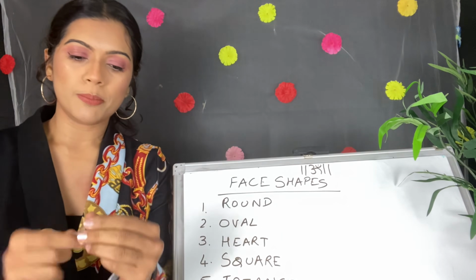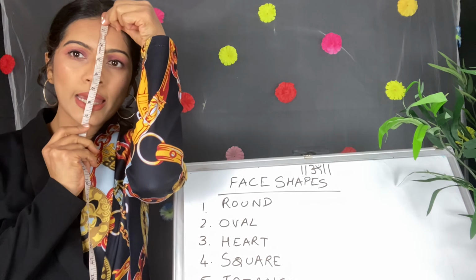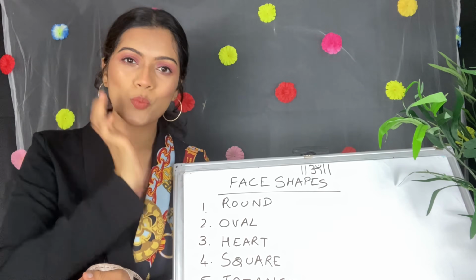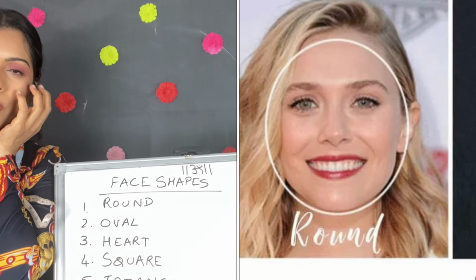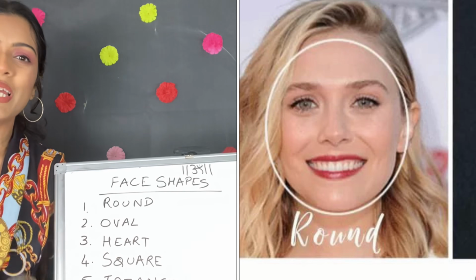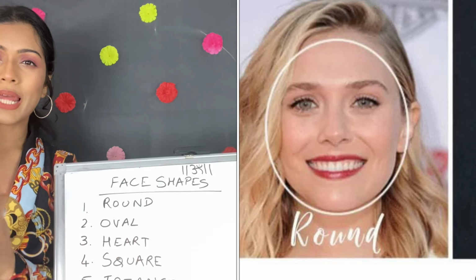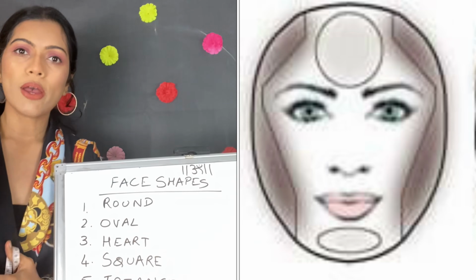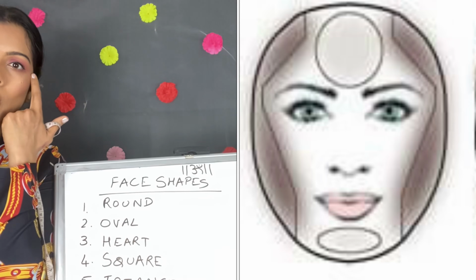When you take your measurements, if you see that the height of your face and the width of your face are the same, that means you have a round face shape. And you will see that you have nice chubby cheeks, okay? So that means you have a round, nice face shape. In this face shape, if you see your image over here, you have to contour all the edges of